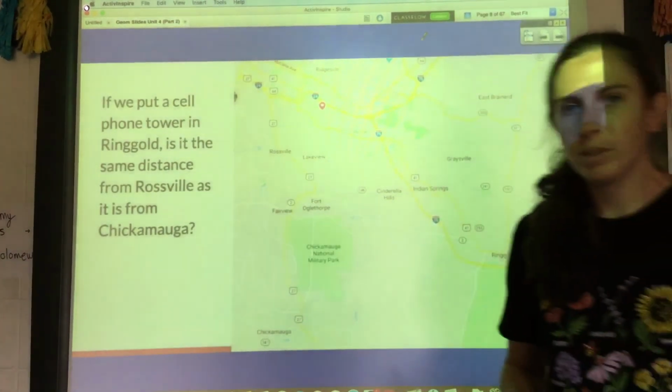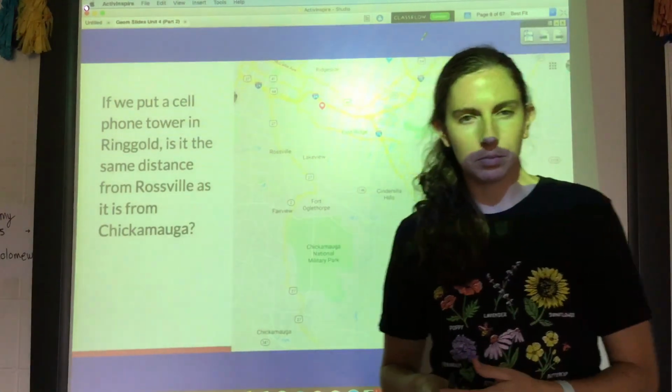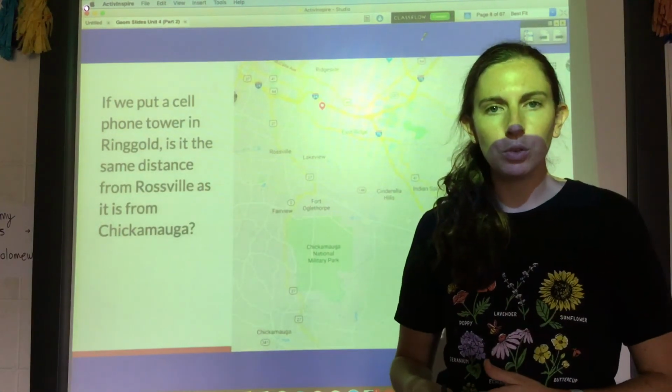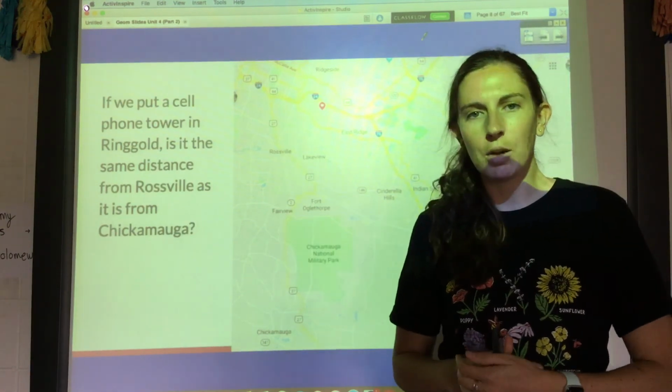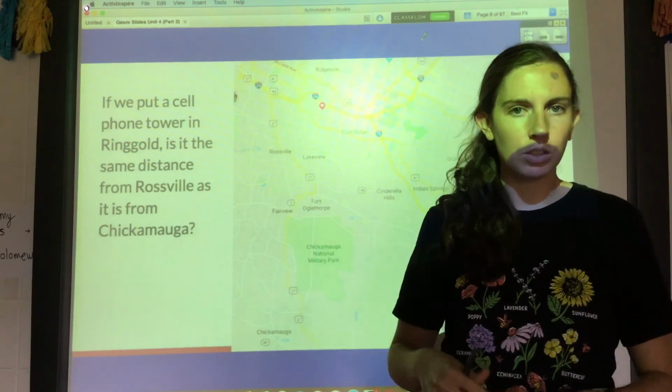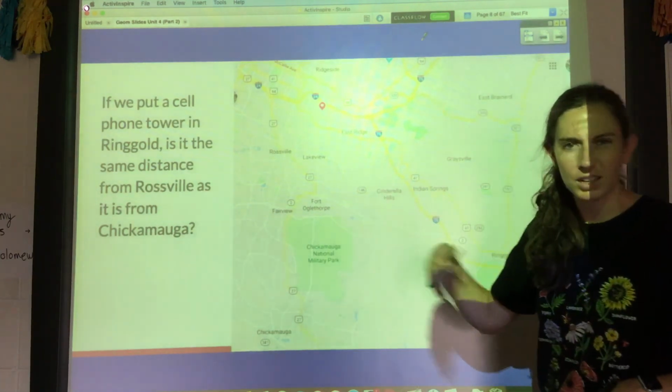So in this video, we're going to be talking about how you can prove different things in geometry using coordinates. So if something's on a coordinate grid, how we can prove different things about triangles and quadrilaterals in particular. To start off with, I want to show you this map, and I know you can't see it very well